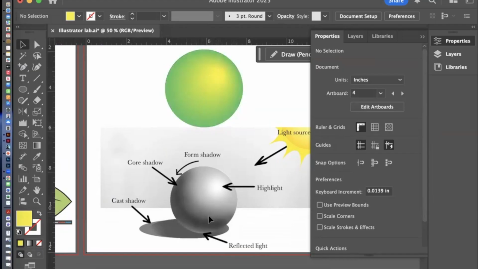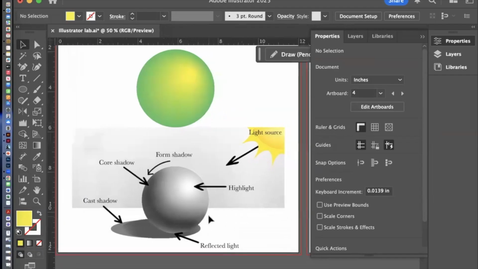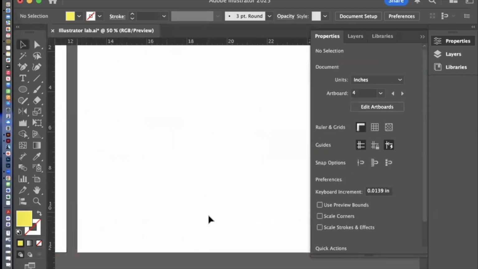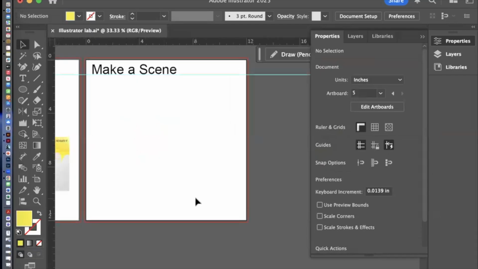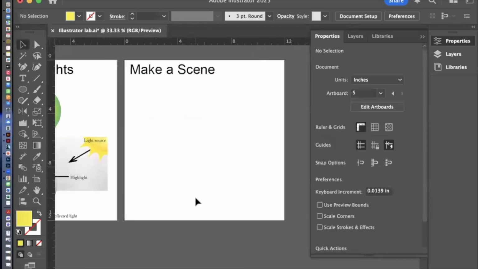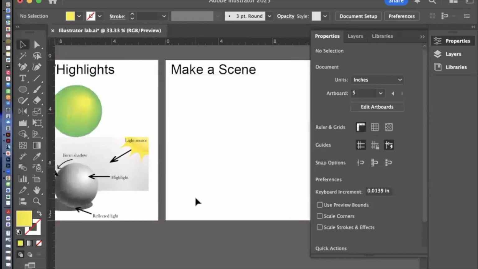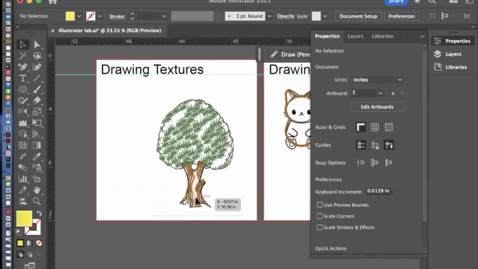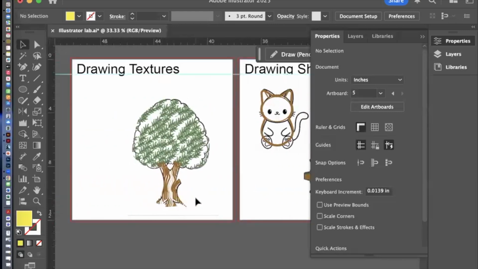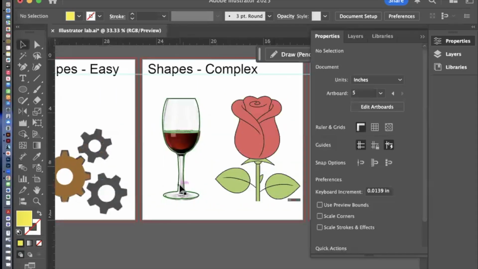Okay, so stop it for a second and work on that, and then we will get to the very final piece of this. Okay, welcome back. What I want you to do on this blank page is make a landscape, a scene, by using some of these images that you've already drawn. You can draw more if you want to. I'm not going to be opposed to that, but the bare minimum is taking these images and making yourself a